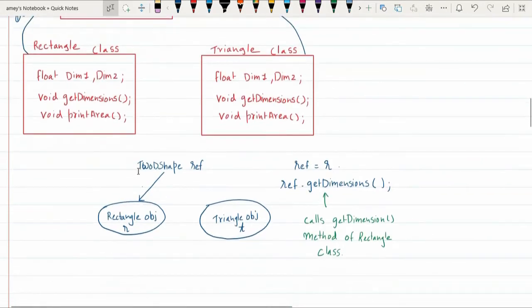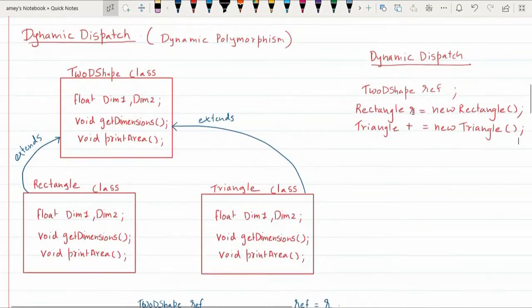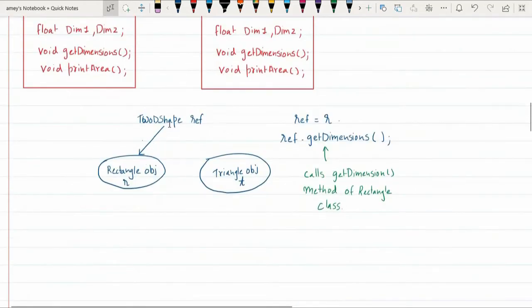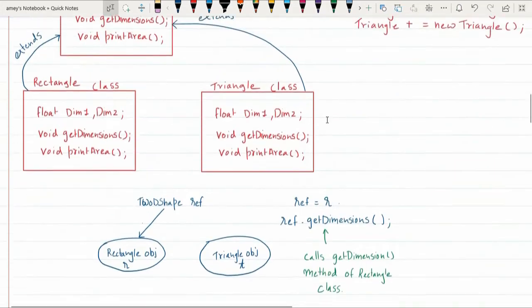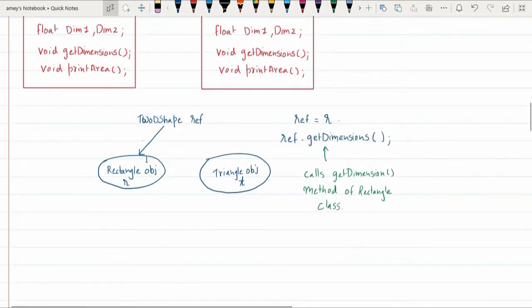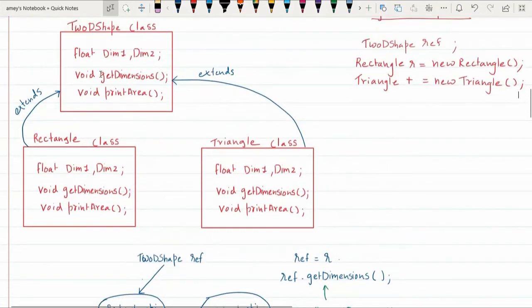That means graphically we are now making ref point to the object of type rectangle, that is r. We have just defined r, which is an object of type rectangle. So ref is now made to point to r just by writing the line ref equal to r. Since ref is pointing to the object r, if I use ref with the dot operator and access get dimensions, which get dimension method will be called? Will the method from the base class be called, or the method from the derived class?